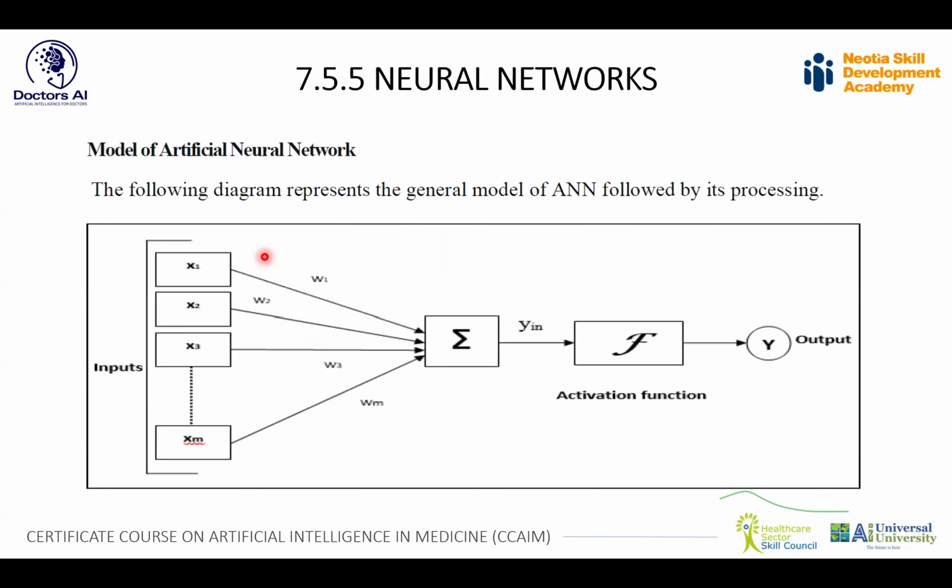This is how the mathematical look of an ANN is, something that we all should keep this picture in mind, in the area of neural networks. So this is how the input comes in, and this is where the activation function happens and the output happens. This will be a familiar diagram that you'll keep seeing, the model of an artificial neural network that you will see frequently coming in over and over.